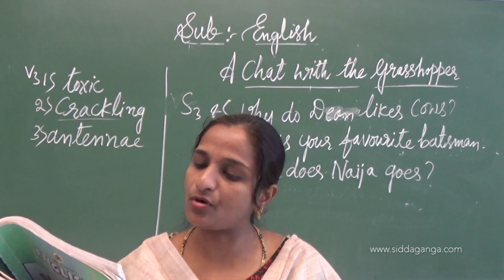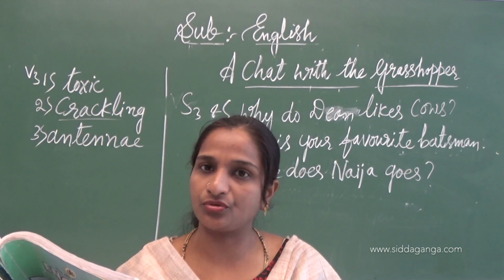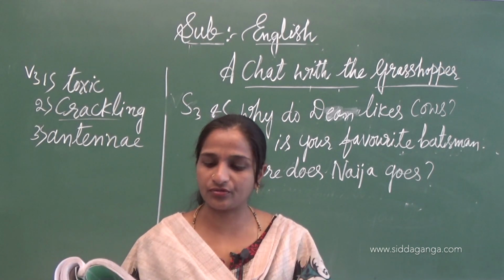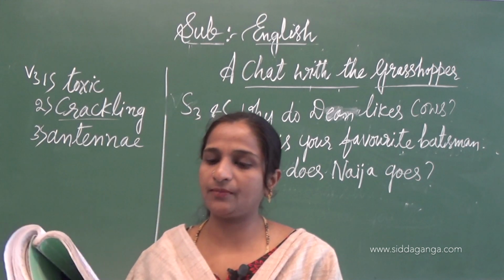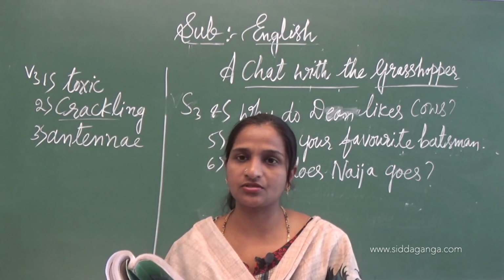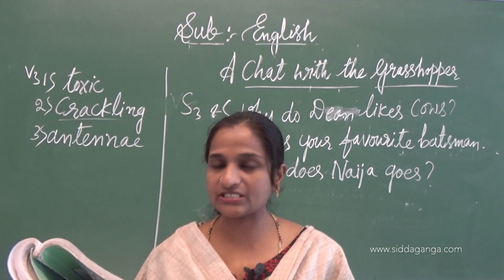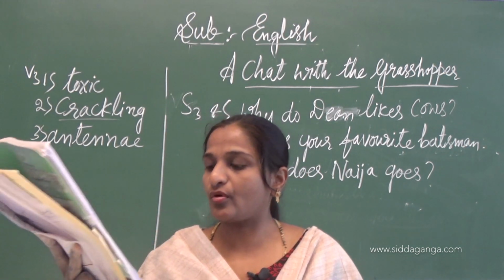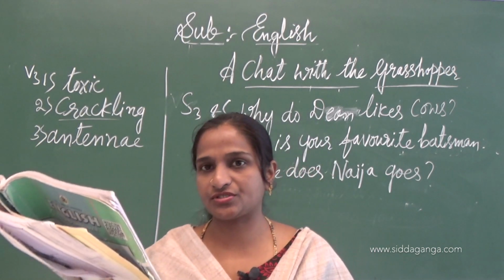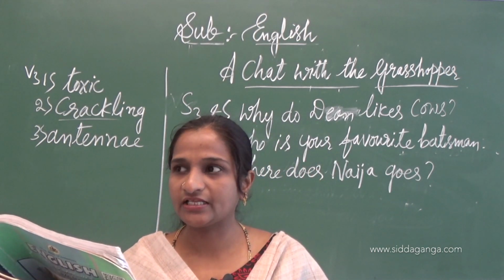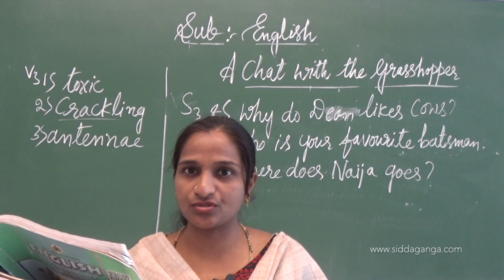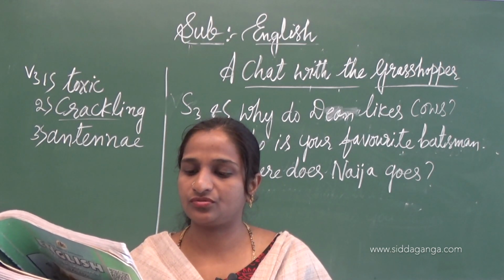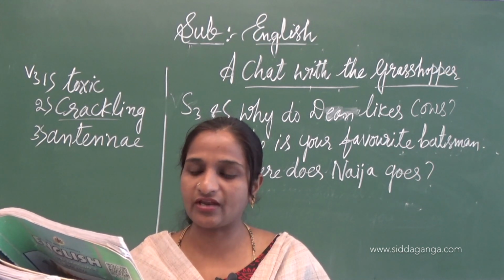Write some more instructions, slogans you know. If you know other slogans, you have to write 3 points, 1, 2, 3 like this. You have to write in this space. Where do you see the slogans, instructions, warnings? So warnings is given there, beware of dogs. Where we can find? So from the door side, house doors, gates. So this instruction we can find.